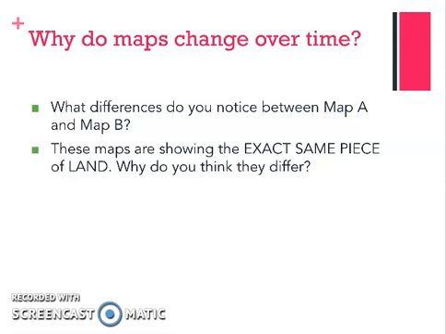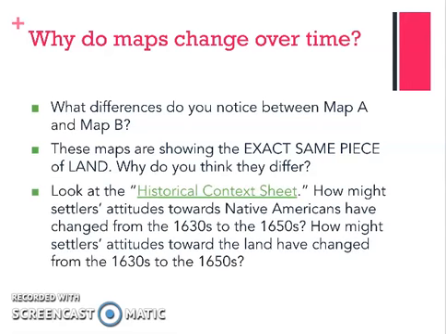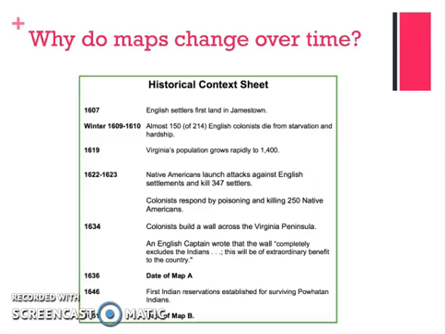And then the Stanford History Education Group gives us an additional resource in the form of a historical context sheet. And it gives some more of a timeline of the events that surrounded these two maps. And you might ask students about how settlers' attitudes towards Native Americans had changed based on that timeline between these two maps, and how might settlers' attitudes toward the land have changed between the time period when these two maps were created. So to look at that sheet, we can see that